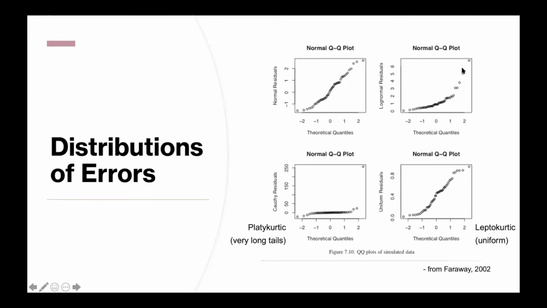If we get a real bend in the residuals, that could be indicative of residuals that are log normally distributed. And here we have examples of platykurtic and leptokurtic residuals, corresponding to a situation where we have a distribution of residuals with tails that are too long or tails that are too short,